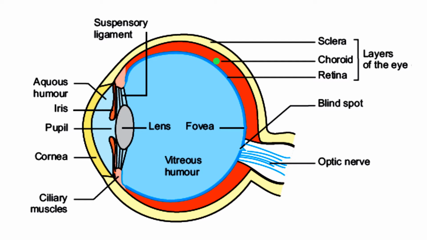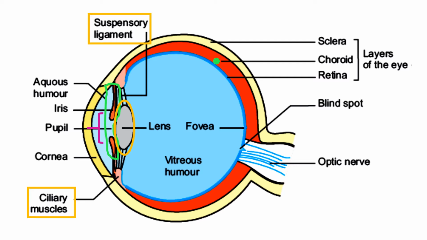Behind cornea, the choroid bends to form a muscular ring called iris. There is a hole in the middle of the iris, and this hole is known as pupil. After striking the cornea, light passes through the pupil, and size of the pupil is adjusted by the muscles of iris to control the amount of light entering the eye. Behind the iris there is a convex lens which focuses light on retina. Lens is attached to ciliary muscles of eye via a ring of suspensory ligaments.